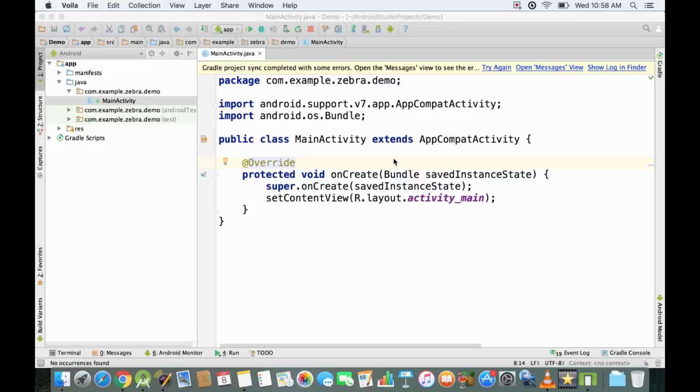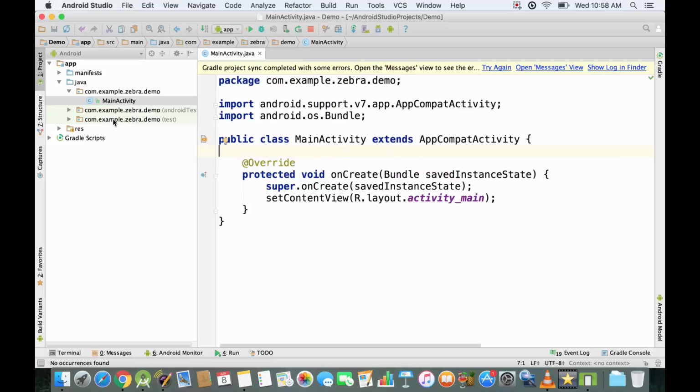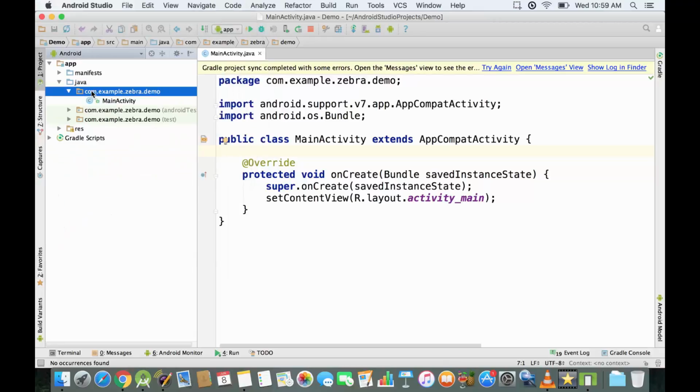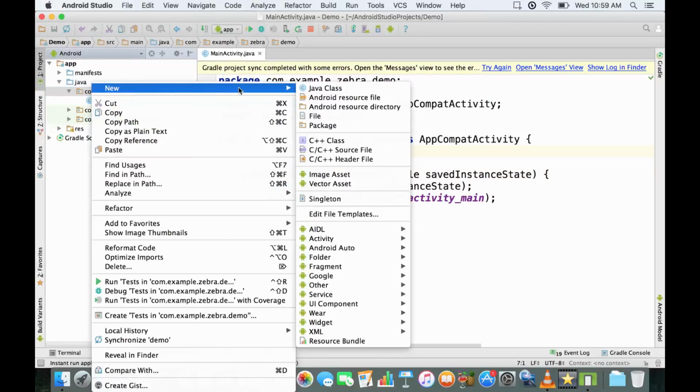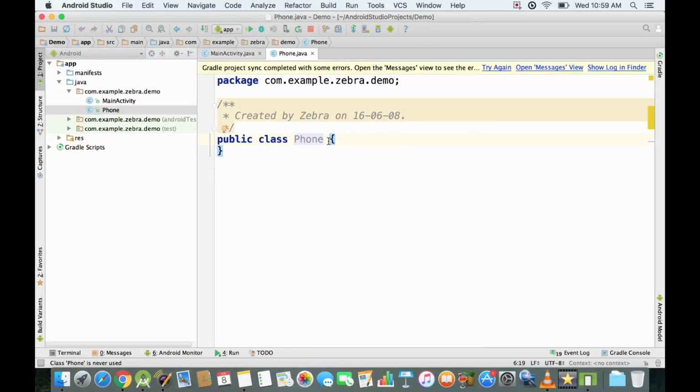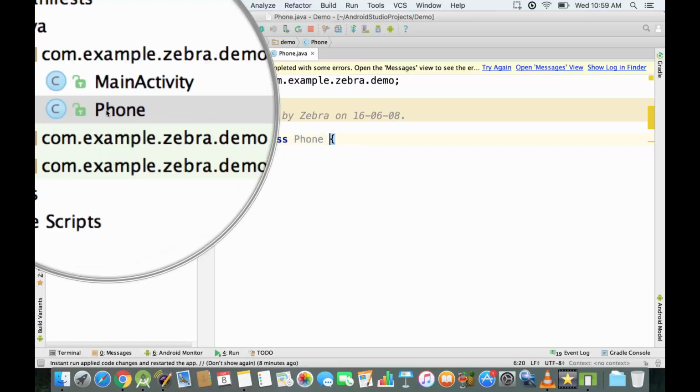But for now we're just going to go in Android Studio, and I'm going to show you how to create a new class. First of all, I'm just going to go right here in this folder that contains the main activity class, and I'm going to right click it and then new Java class, as you can see right here, and I'm gonna give a new name for it, and so I'm gonna say phone, and I'm just gonna hit enter. And as you can see, I have this phone class created right here,